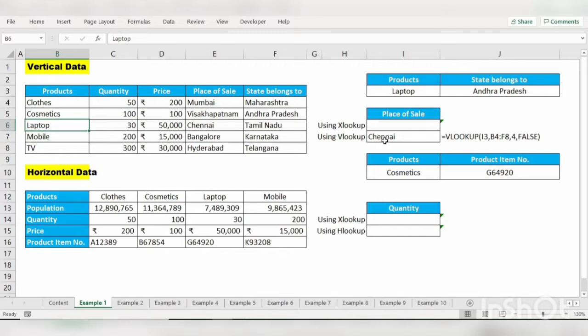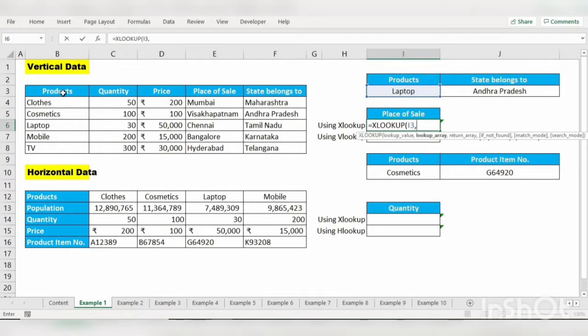Now watch carefully. The same function we are going to use with XLOOKUP. Equal to XLOOKUP, the lookup value is product, and then the lookup array. Here you can see in VLOOKUP we selected the entire table as the array.